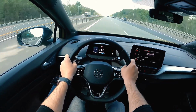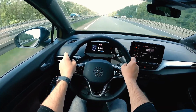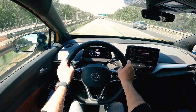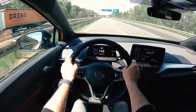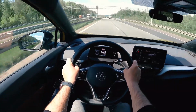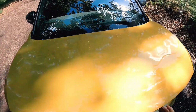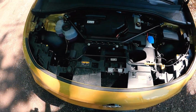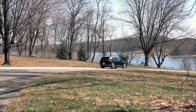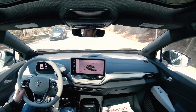A more powerful, electric all-wheel drive variant with an additional 94 horsepower, 70 kilowatts, motor and an overall 295 horsepower, 220 kilowatts, will follow later in Q4 2021 and be priced at $43,675 before incentives. In the US, the ID.4 will also come with 3 years of fast charging with Electrify America